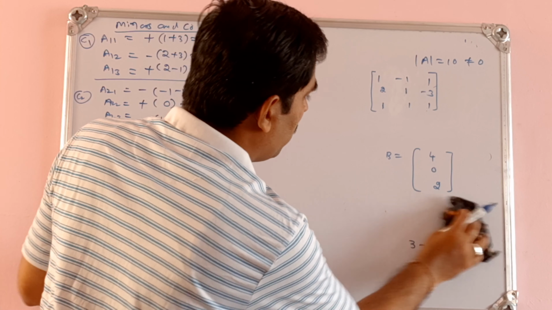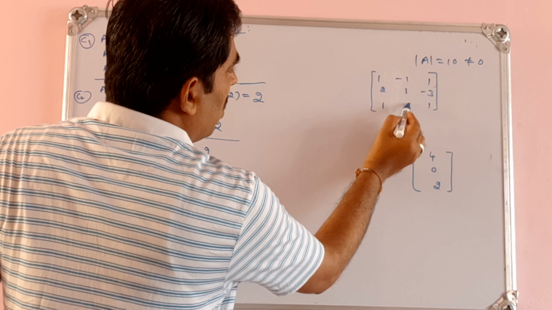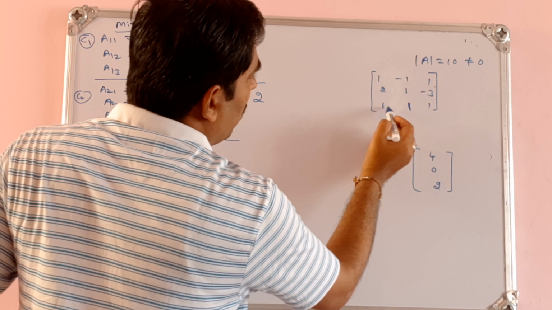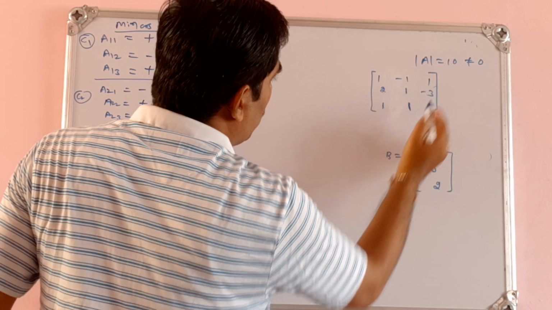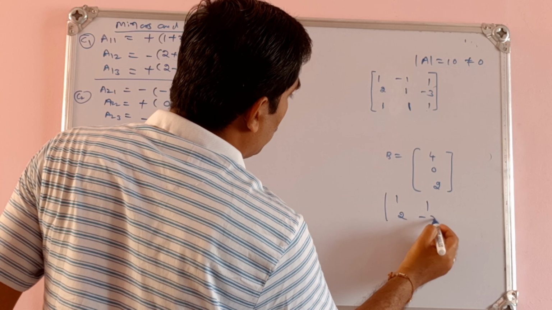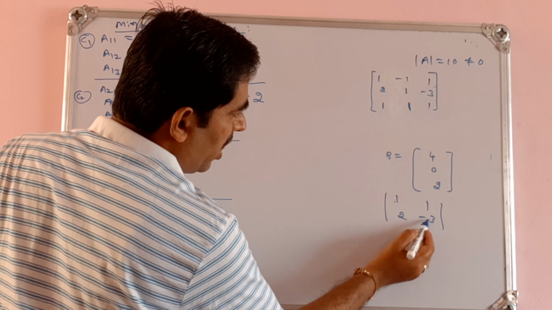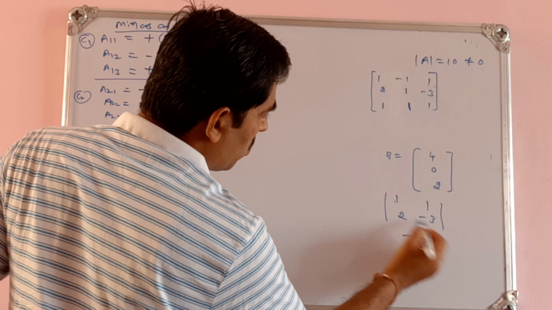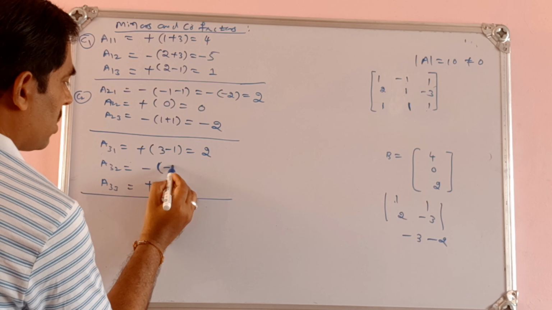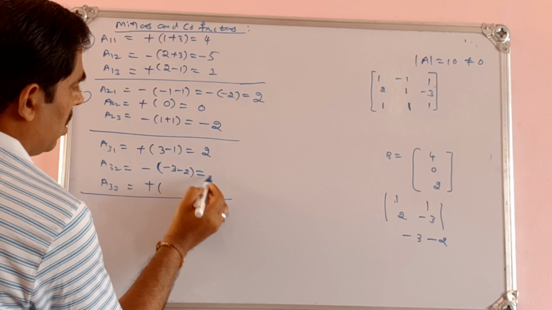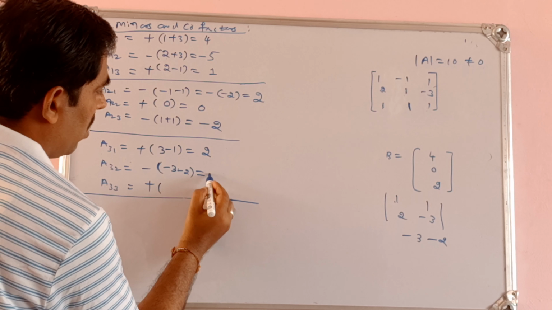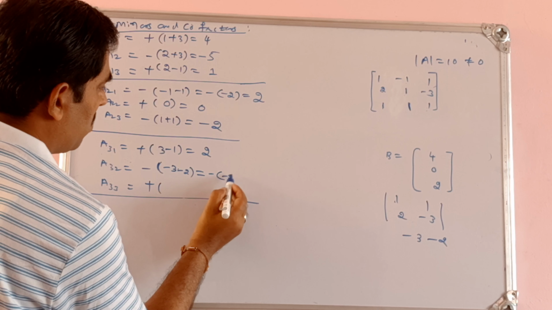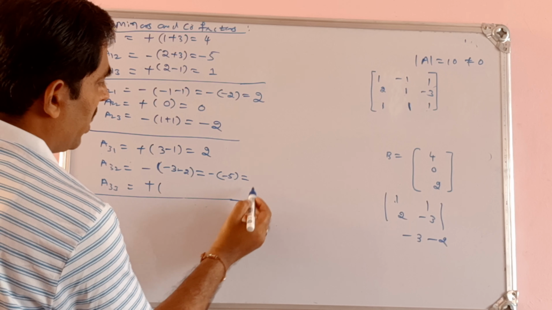So next we consider, see, 1. I am talking about this. See, you leave this row and this column. See, 1 1, 2 minus 3. See the product here, 1 into minus 3 is minus 3, then minus 2 ones are 2. So minus 3 minus 2. Then outside minus is there. Minus of minus 3 minus 2, that is minus of minus 5, that is plus 5.